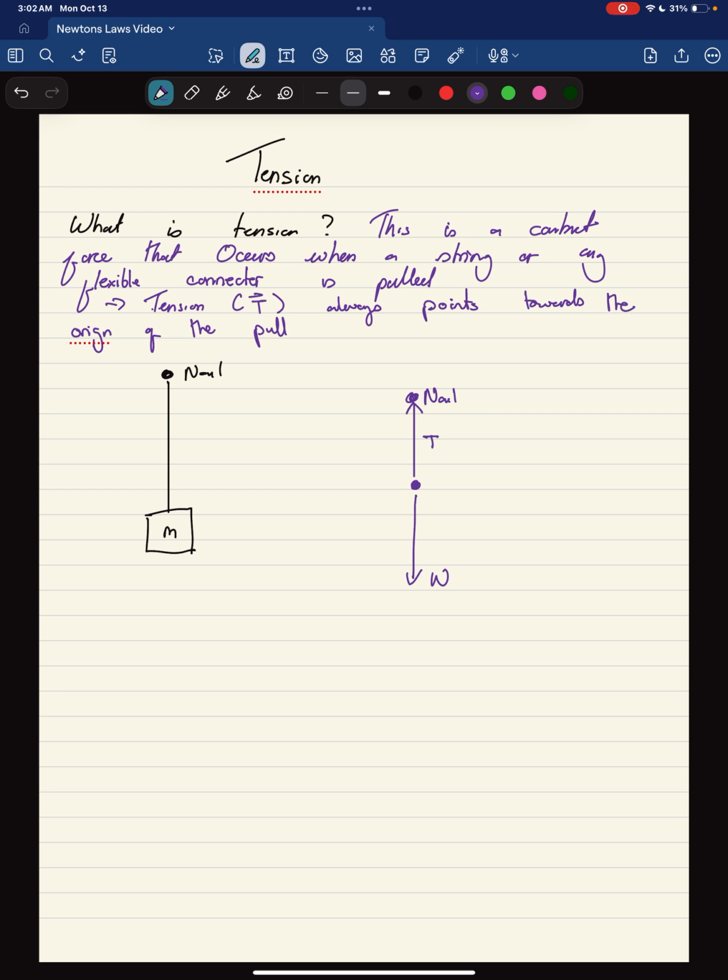Now you might think this is like the normal force, but it's not. They're actually very different. I see the similarity being that they kind of cancel out the weight vector, but you see the normal force